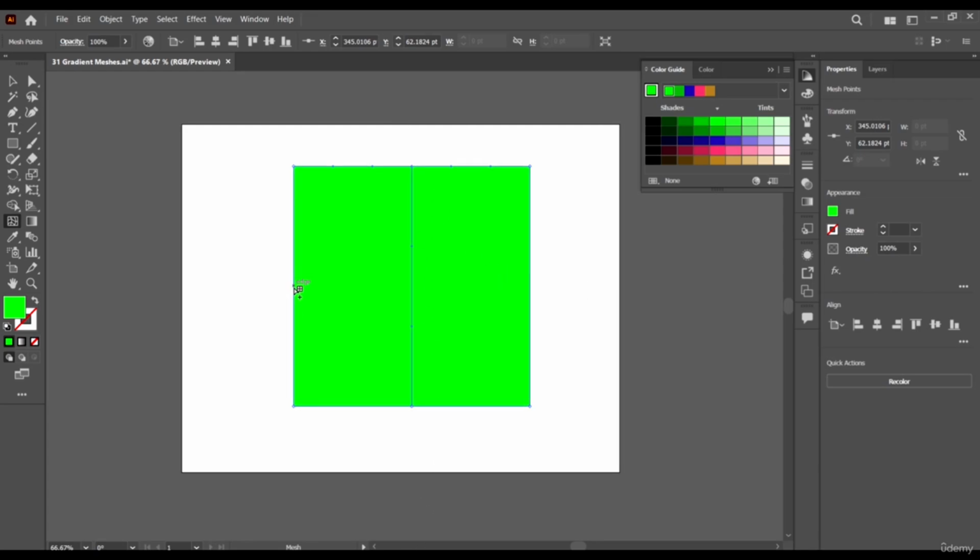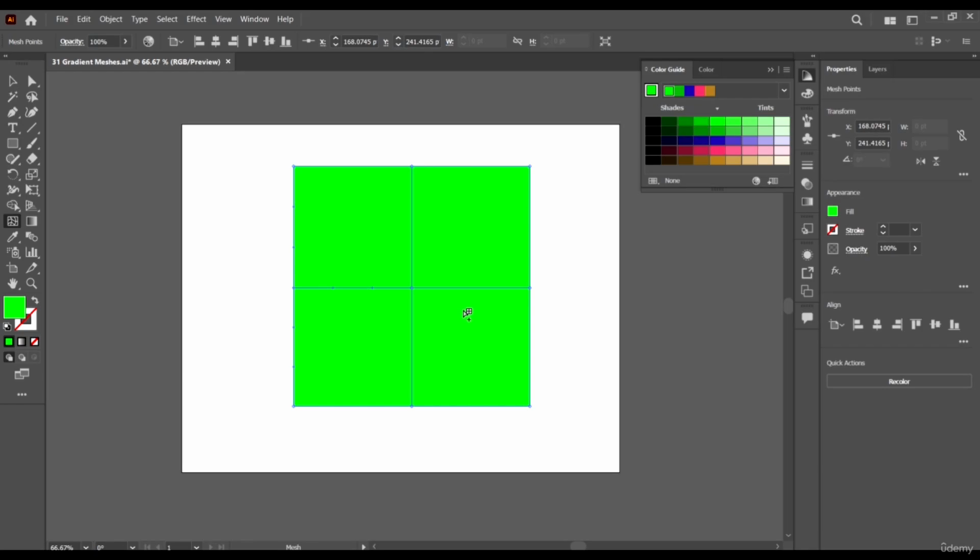If we come here also, we see that we have the plus icon. Anytime we come close to the edge, we have a plus symbol. When we click, we see that we now have our shape divided into four different boxes.